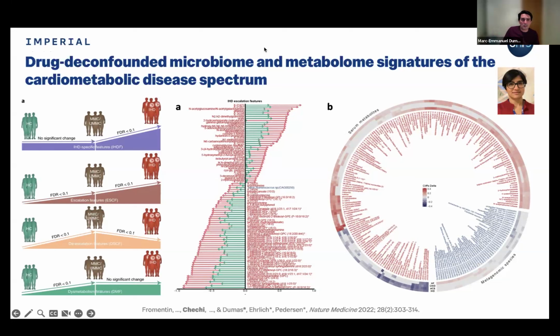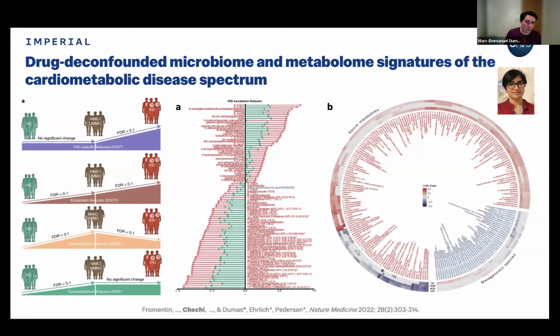Interestingly, when we look at the escalating features, you can see here the features escalating from health to metabolic disease and from metabolic disease to cardiovascular disease. When you look at the colors of the markers, the vast majority of the labels are red, which means metabolites, and we only had one taxon, Rhinococcus, which was directly obtained from the microbiome. And here again, when you look at the collection of markers, even though we have lots of bugs and lots of genes,